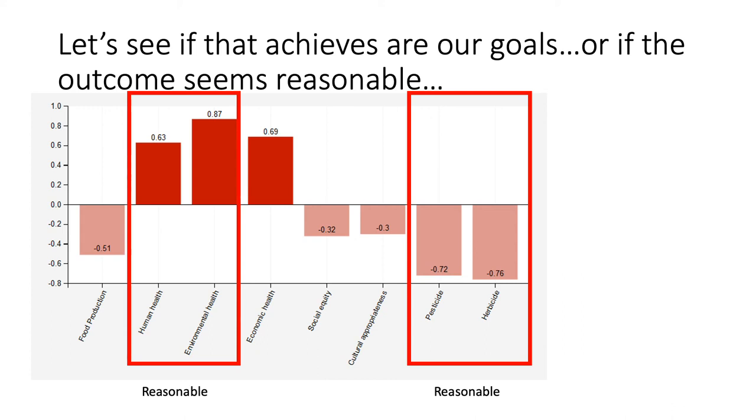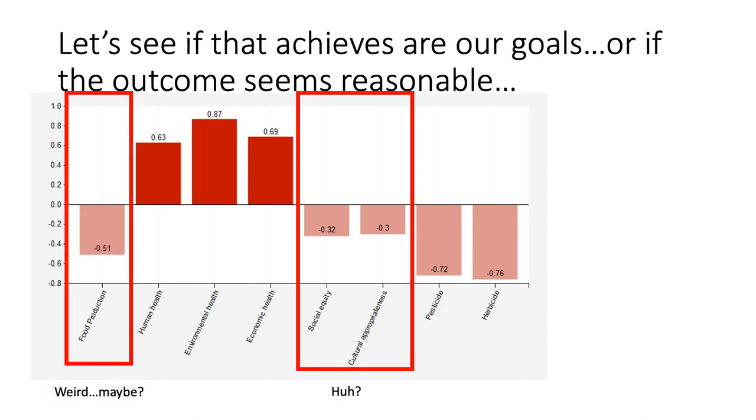So here we've run our scenario from the model, our exemplar model, after we've added the organic farming component. And we can see here the outcomes from a scenario from adding that component. We see a reasonable decrease in pesticide and herbicide, which is what we are hoping for, and a reasonable increase in human health and environmental health. But as we look at the other components as a result of our scenario, well, these might not make as much sense. So we have a decrease in social equity and cultural